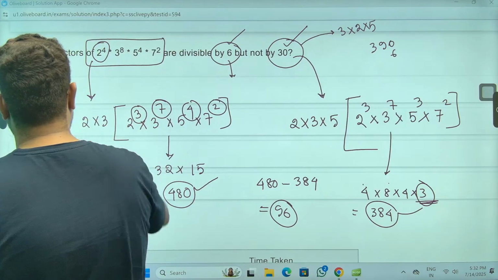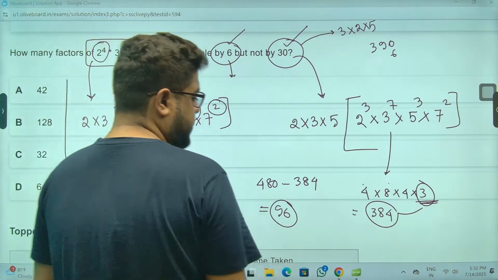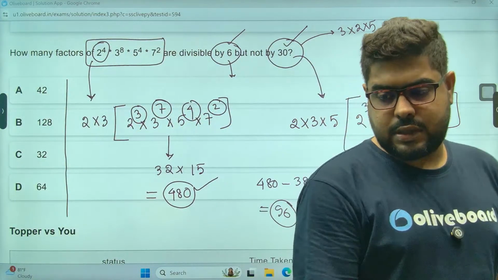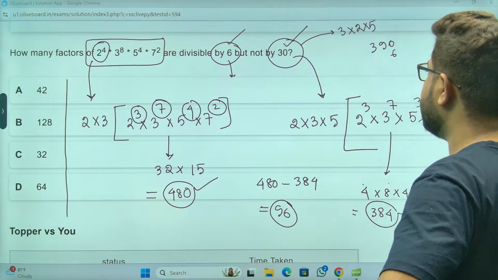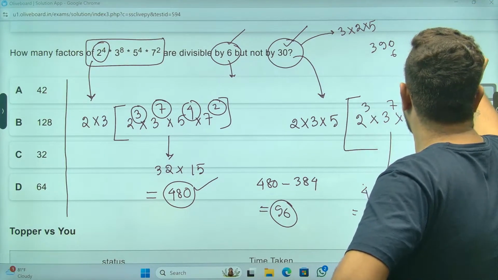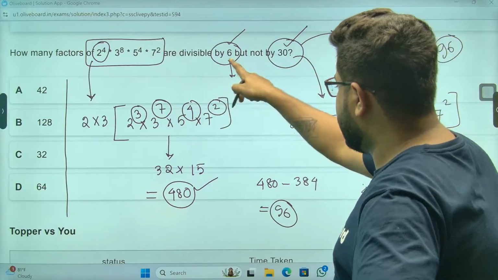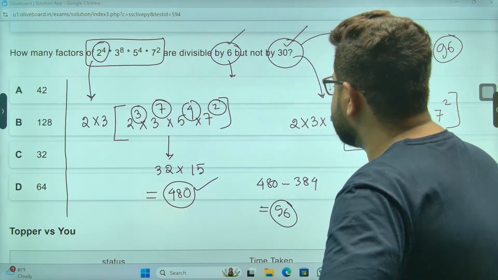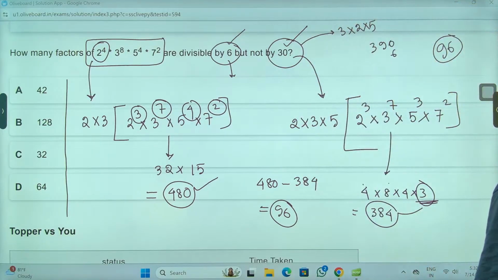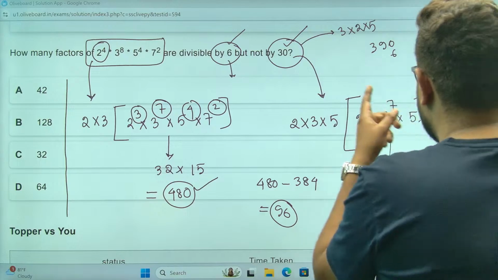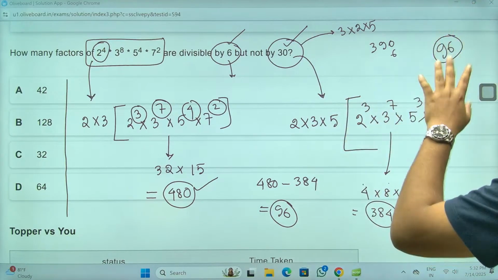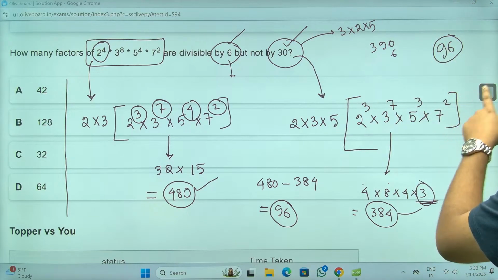96 is not there. But I'm quite certain 96 is going to be the answer. Did I make a mistake? 4, 8, 32, and this is 5, 3, 15, 480. 320 plus 160 is 480. Perfect. And this one: 4 here, 8 here, 32, 4 into 3 is 12,